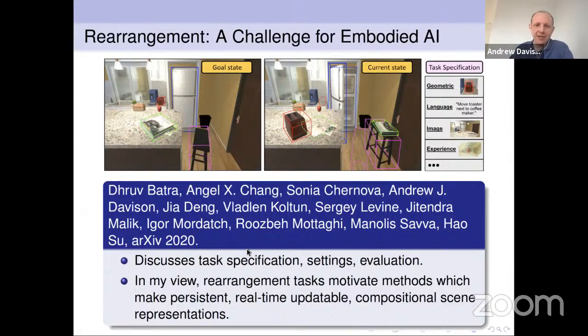And we came up with this general description of tasks in terms of rearrangement. So an example rearrangement task is something like tidying up a room. So initially there's a set of objects that are in places they shouldn't be. An intelligent agent, a robot, with embodied vision, with some manipulation capability, arms.